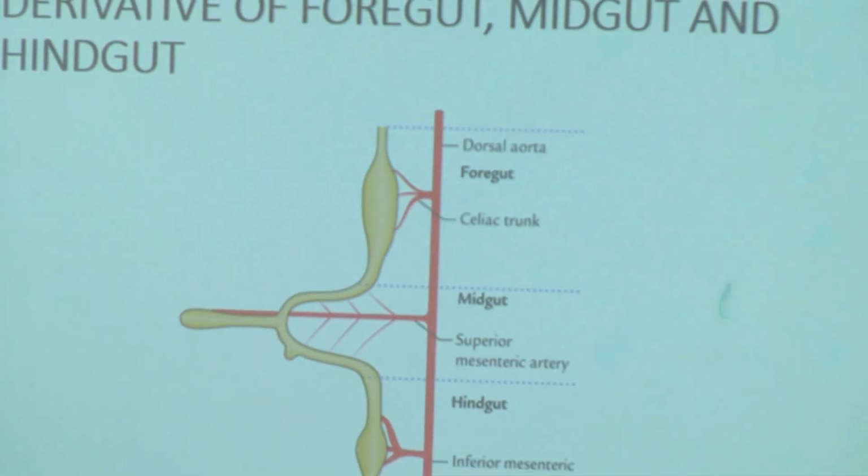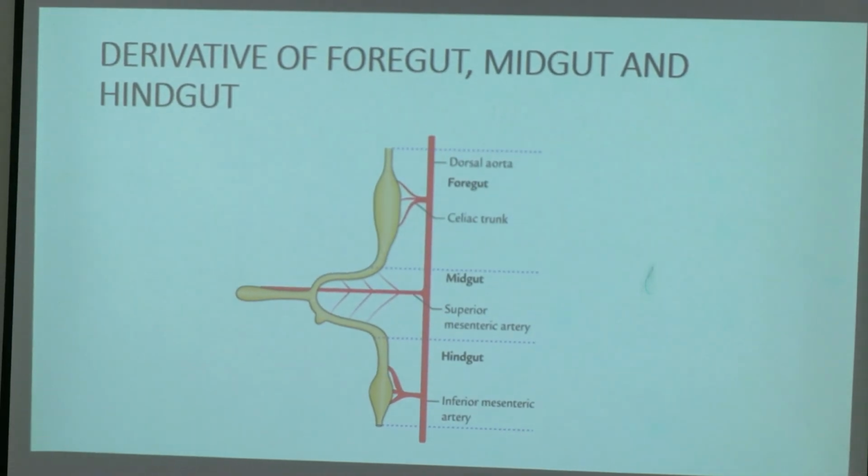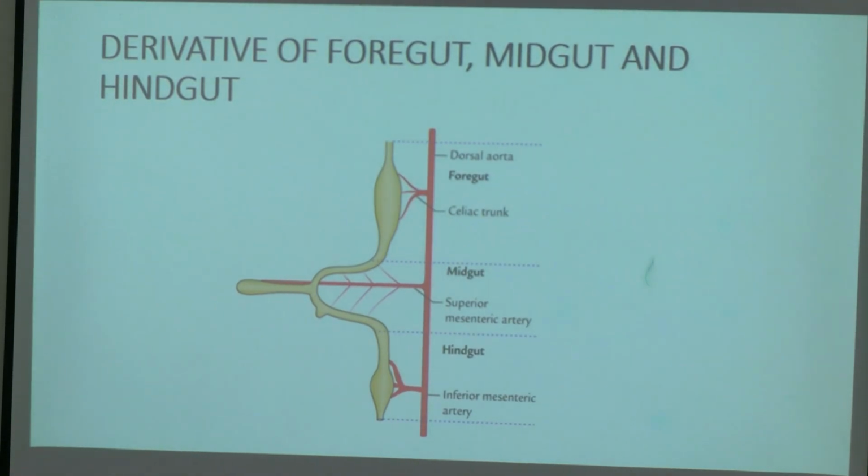Any doubts in lateral folding and cranio-caudal folding? Any doubts, class? No doubts? So what are the derivatives of foregut, midgut and hindgut? And how these arteries will reach into your gut region? Any idea about mesentery? What is mesentery? Where have you heard that word before? In folding of